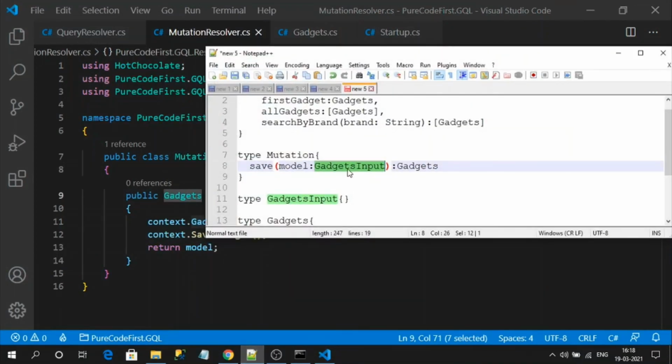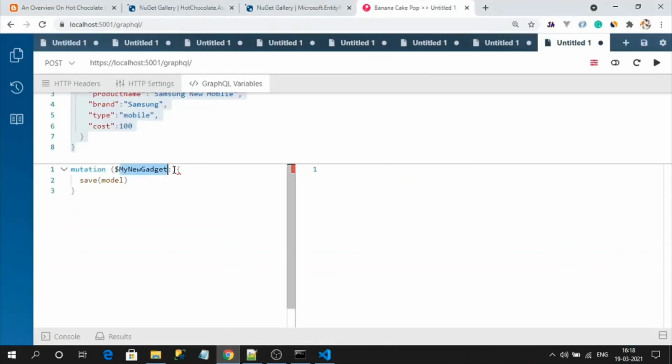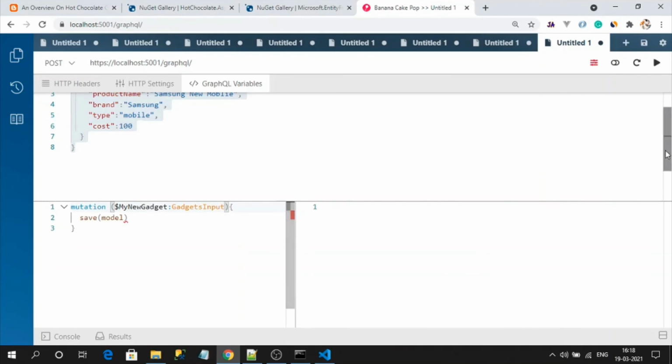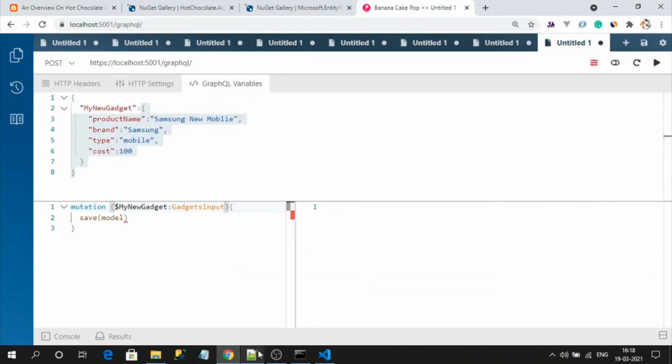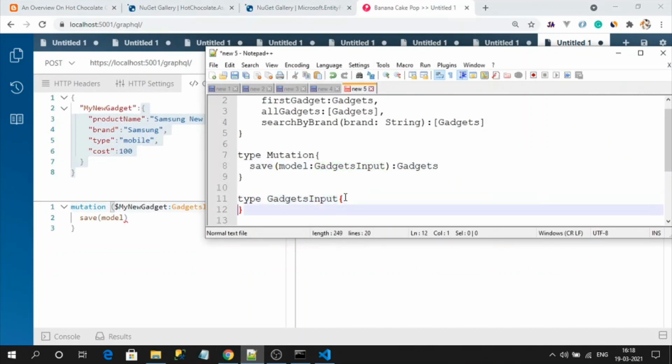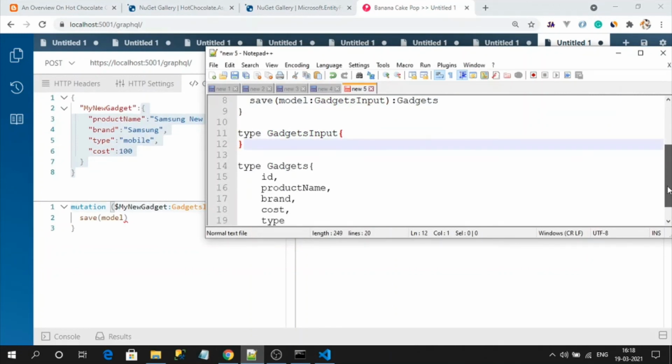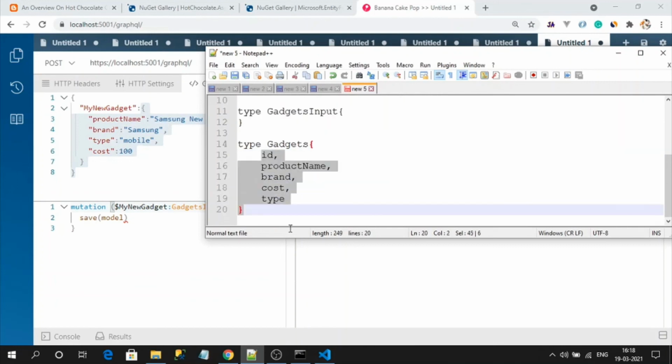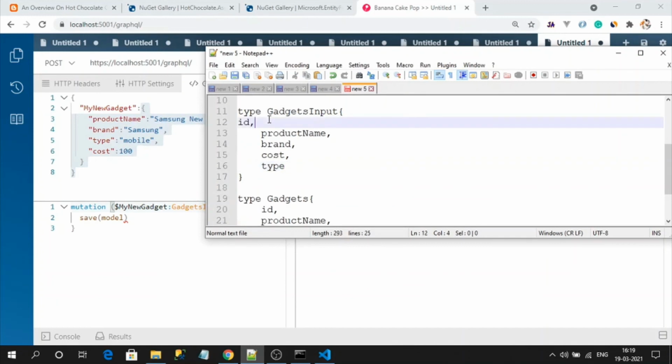So I need to specify this as a type to my variable. Okay, so this is nothing but this type. Internally it will have fields like this only; all this schema will be generated like this. It won't have ID, right? So it won't take it. Okay, that's how it will work.